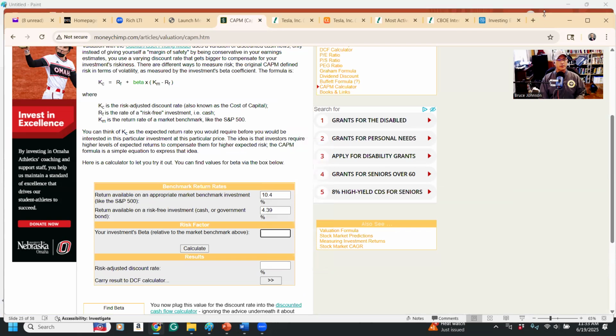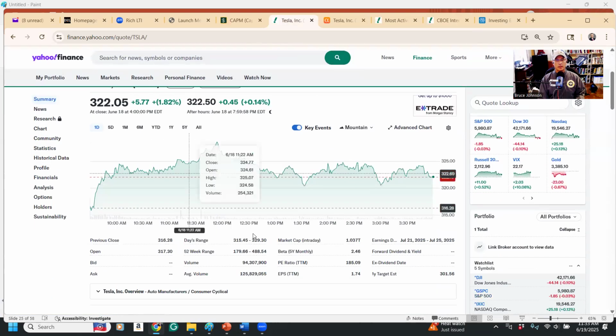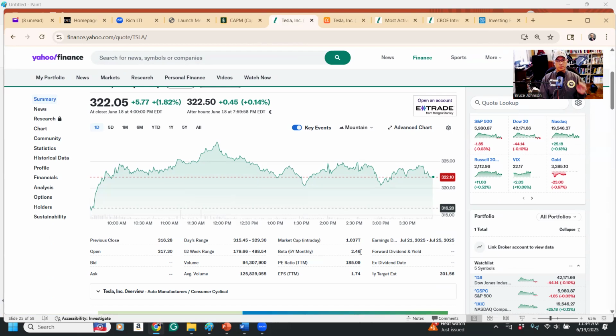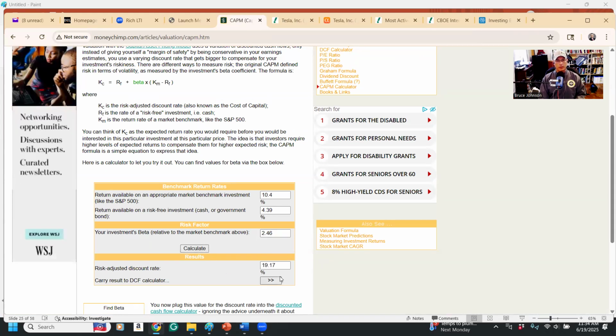If we go into Yahoo Finance, Tesla, and we look at the beta coefficient, holy buckets, we got a boatload of risk here. We have 2.46. A beta of exactly one is the same risk as the market. Above one is more risk, below one is less risk. And negative means that when the market's going up, the stock is going down. When the market is going down, the stock usually is going up. So we type 2.46 into our capital asset pricing model, then hit calculate. We get a risk adjusted discount rate of return of